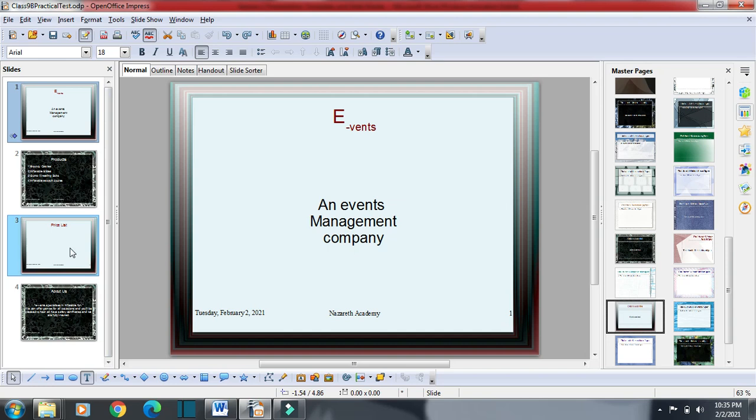You can see this slide master now worked for slide number 1 and slide number 3 only. Slides 2 and 4 remained the same as they were earlier. So if we want to apply a slide master to some slides, we can also do this. Now instead of using apply to selected slides, if I had used apply to all slides, the slide master would have worked for all the slides. Okay.